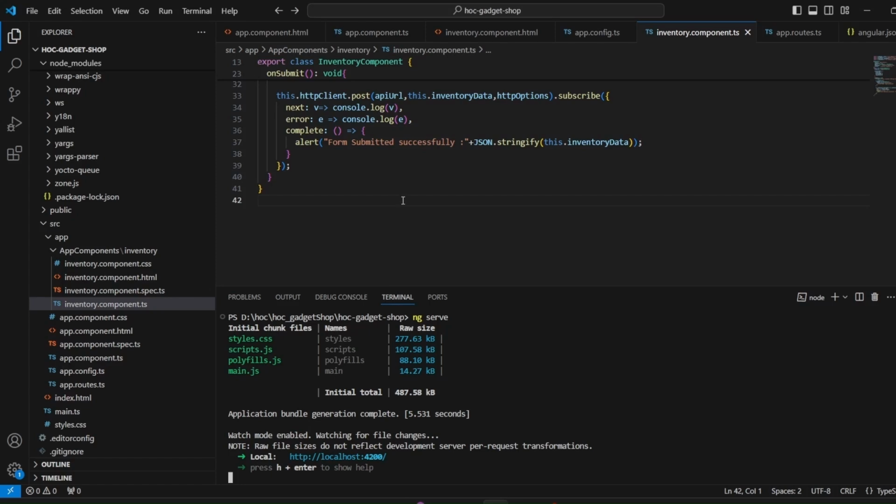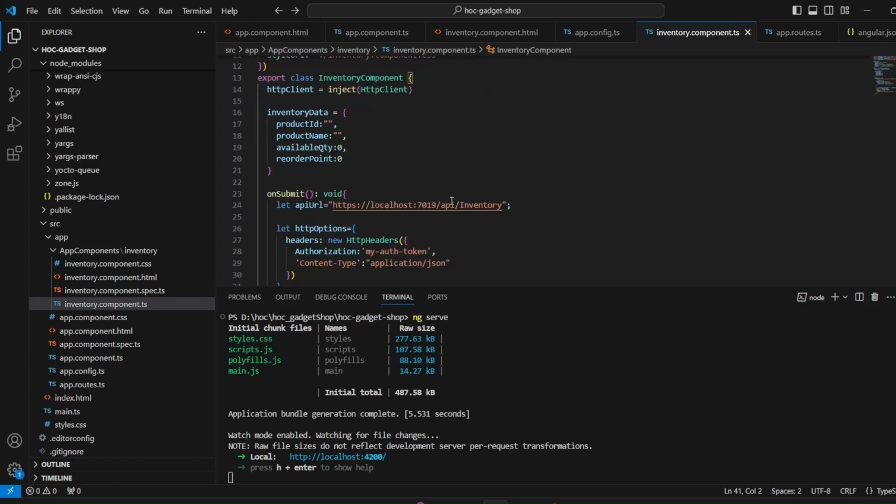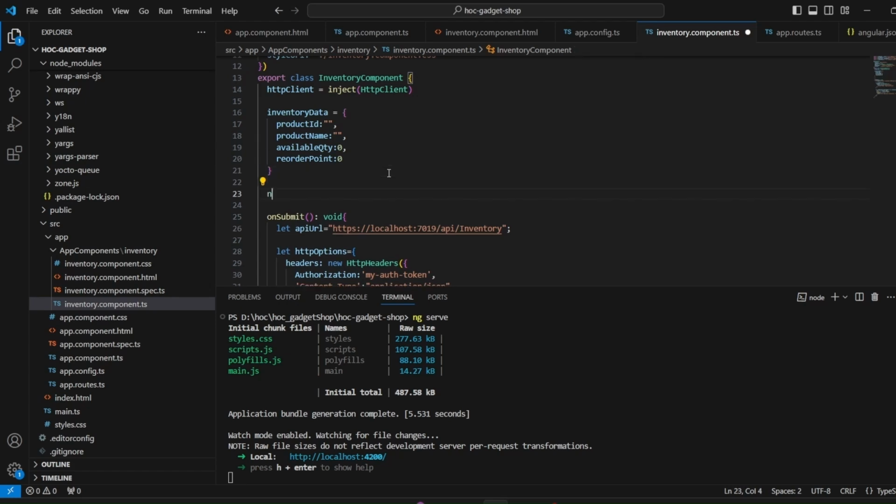So we'll go to the Visual Studio Code, and in this particular component inventory.component.ts, what we have to do is, whenever the component is initialized, on that point only we are trying to fetch the details. So over here we have to add a new function that is going to be ngOnInit.